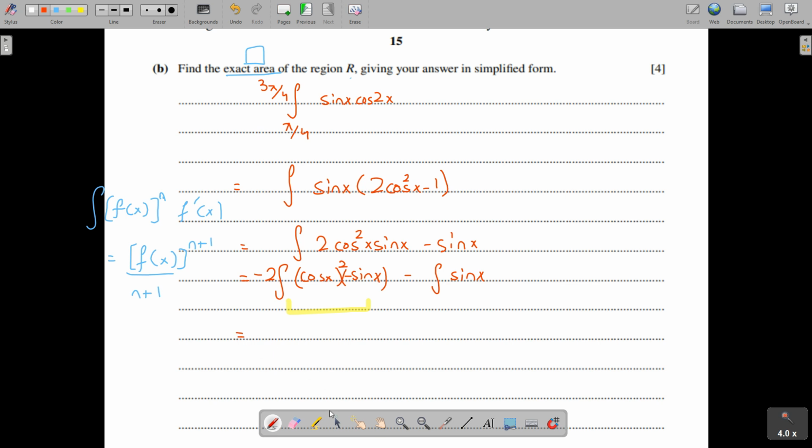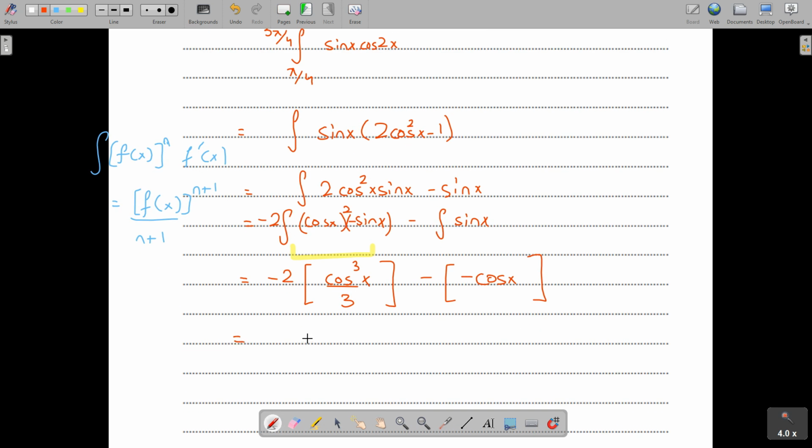So now, since we have a function and its derivative is in fact outside, what we can do is apply the power rule over here. That's exactly what we're going to do. Minus 2 cos of 3x divided by 3 minus, what is the integral of sin x? It is in fact minus cos x. Now I can rewrite all of this in one bracket, and that's what I'm going to do. Minus 2 cos cube x divided by 3 plus cos of x, with the limits being pi by 4 to